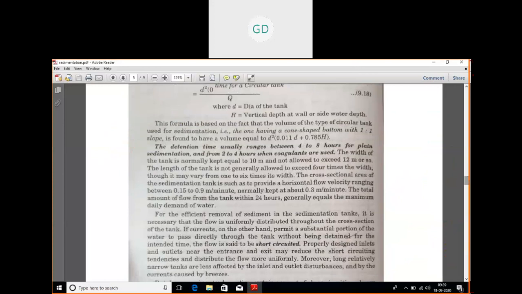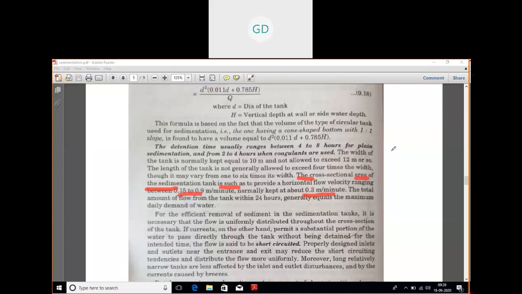And one more line is there, you see here. The cross-sectional area of the sedimentation tank is such as to provide a horizontal flow velocity. The horizontal flow velocity ranges between